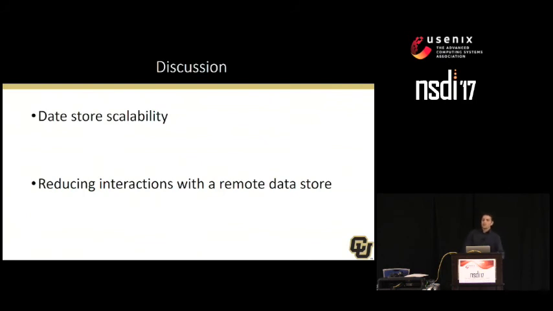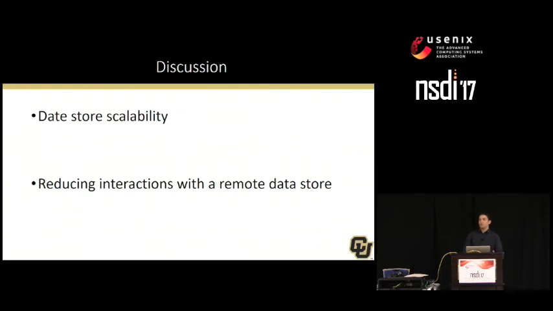We acknowledge that we will ultimately be limited by the scalability of the data store, but generally view data stores as an active area of research. That said, other systems such as FaRM and Algo-Logic report better throughput and latency, so we have the choice to use them. Another aspect is if we can further reduce the interaction with a remote data store. Each data store instance has limitations in terms of how many requests it can handle. So reducing the interaction with it increases the overall performance.